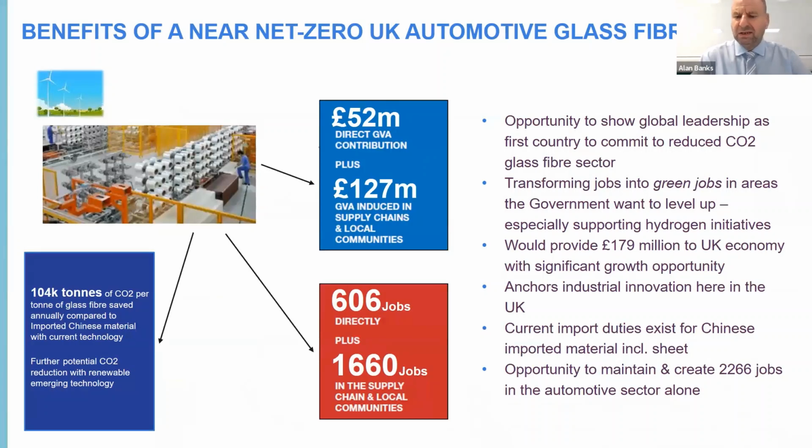glass fibre. Glass fibre is tending to be used a little bit more as we move to an electrified future, because the vehicles are getting heavier due to the battery, so we need to get that weight out. Now, with glass fibre, again, we think we can take out about 104,000 tonnes of CO2 in the manufacture of glass just by onshoring and by the use of renewable energy. One glass fibre plant to meet all of the needs of the UK industry was about 52 million, with 127 million in the devolved environments, and that plant would employ 606 jobs directly, with 1,660 jobs